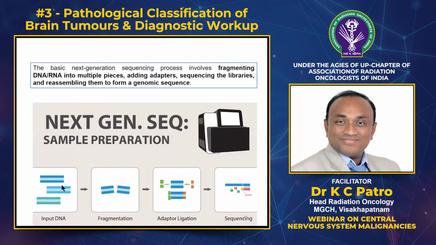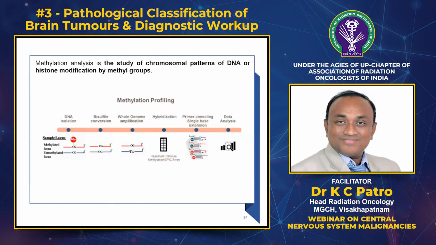In next generation sequencing, you take the input DNA, do the fragmentation, then adapter ligation, then sequencing, and then compare with a library of DNA and RNA sequences, and they will diagnose the tumor. After that, there is methylation profiling. What is methylation profiling? Methylation analysis is the study of chromosomal patterns of DNA or histone modification by a methyl